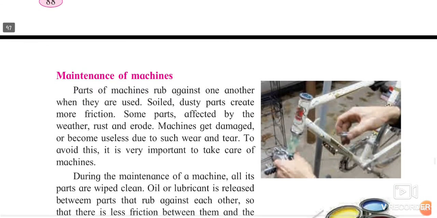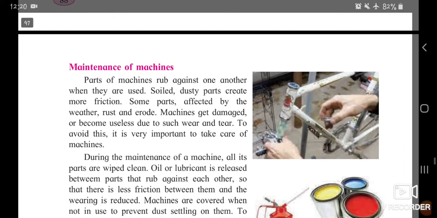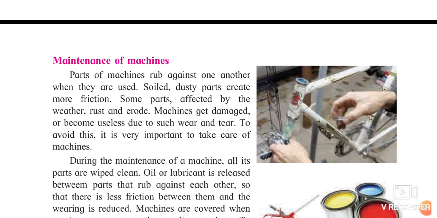Now, maintenance of machines. Why is it necessary? Basically, machines are used for reducing human work. They are also used for reducing your effort, and your time is saved. Our duty is to maintain and protect them. These machines are made of iron or metals, and metals have the property of getting corroded. So we are supposed to oil them, clean them, pat them, or just try to keep the dust away from them.